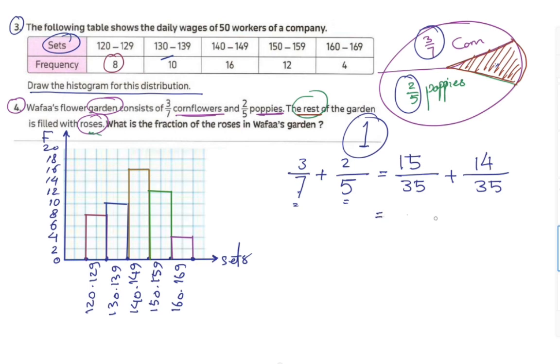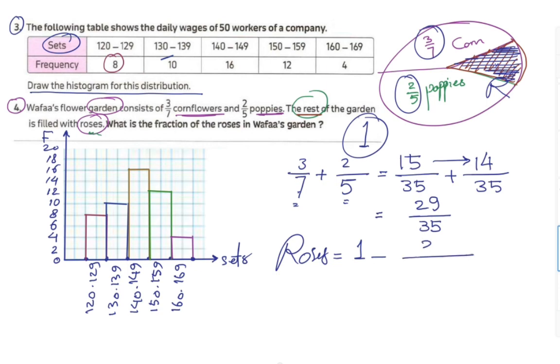Now you have one common denominator, 35, and add the numerators. The numerator will be 29. So these two parts together are the fraction 29/35. So this rest part, or the roses, will be the whole one of the garden minus the fraction for the corn and the poppies together. Now 1 minus